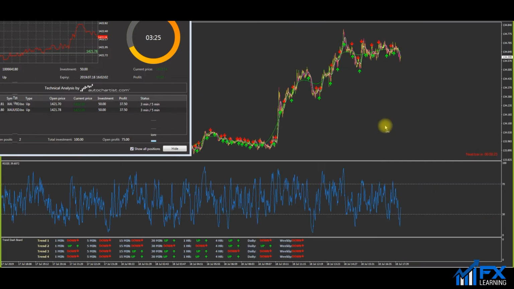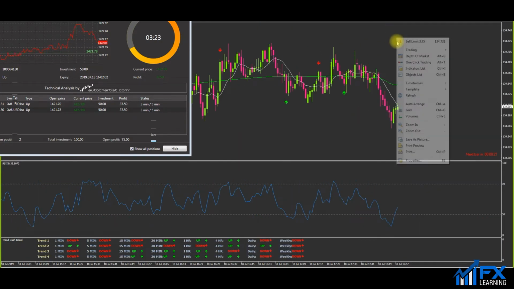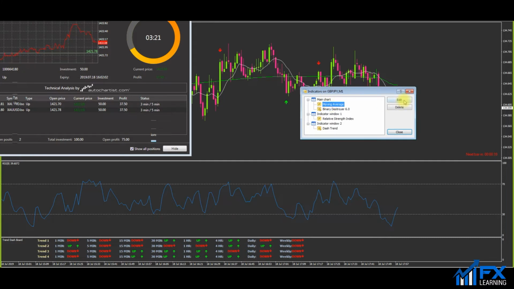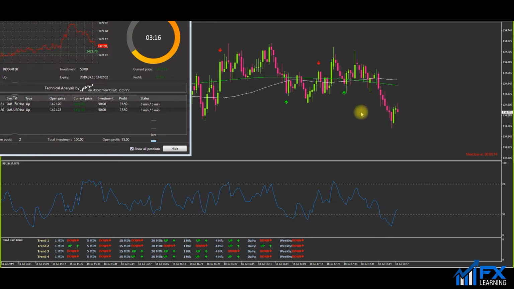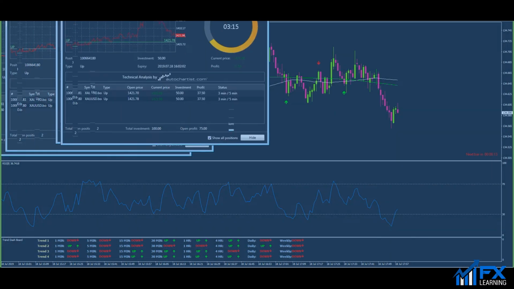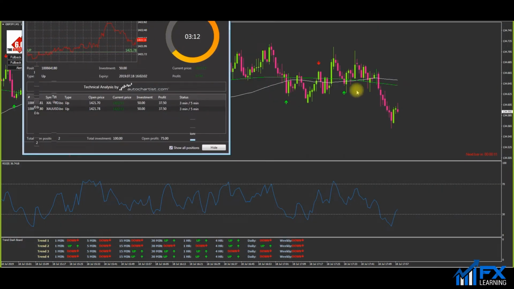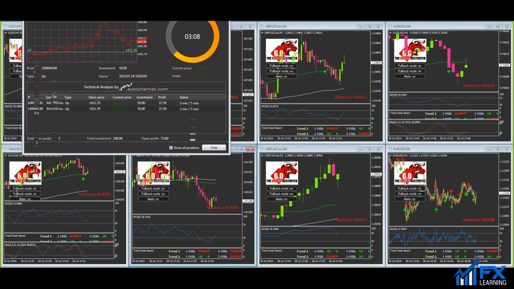Okay, if I just change this moving average on here, we might actually get a setup on GBPJPY. In fact, we won't, because we're nowhere near that sell zone, are we? So what I'm looking for, let me just bring up